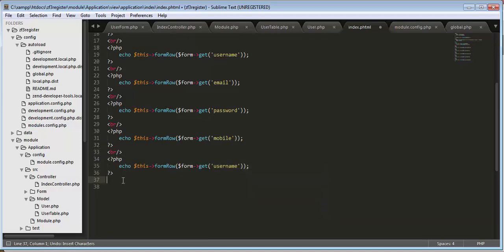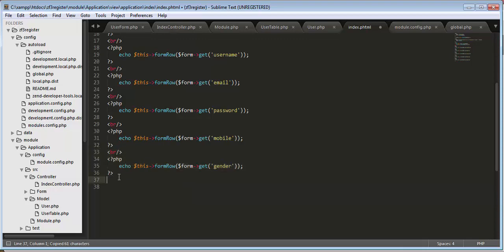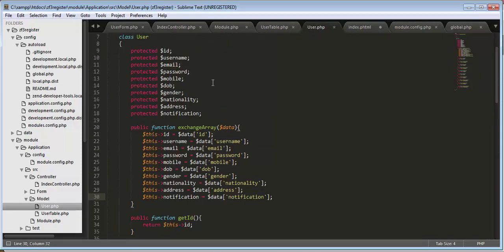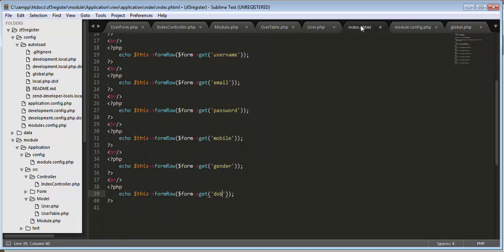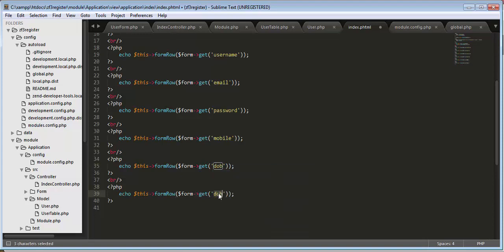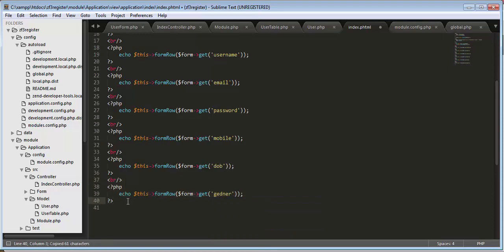We have created each and every form element, and we have connected our application to our database as well. So now let's check our application. If I go into my table and refresh it, I have the ZF3 table, Zend Framework 3. I don't have any record present in my table. So now let's